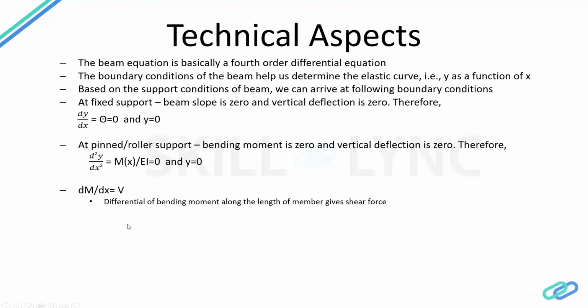And then we have this equation here, which is also very important, and that's going to come in very handy when you're reviewing the bending moment and shear force diagram, which is that the slope of the bending moment diagram actually gives the shear force, and that's what we saw in the previous slide as well, right? Because the third derivative was actually the shear force, and the second derivative was the bending moment. So this is also a very important equation that we try and come up with when we deal with the different bending moment and shear force diagrams. So these are some of the very basic equations that we typically need to be aware of for any structure.